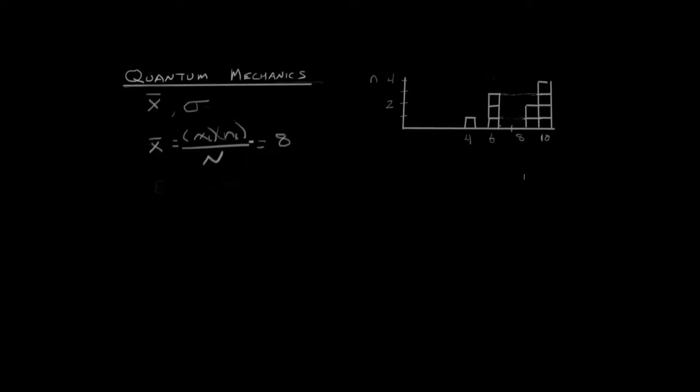Now, what does that mean? Does that mean any students got an 8? Well, no, not at all. I mean, look at the graph. There's nothing here at 8, no one got an 8. What it means is that if we were to take this quiz over and over and over again, the type of score that one would expect would be an 8.